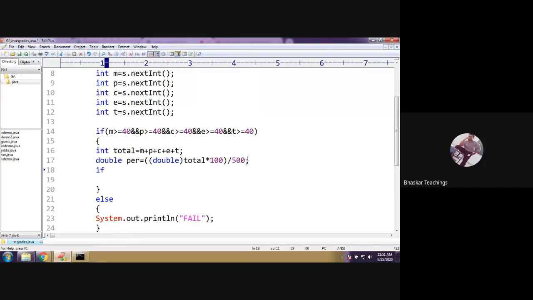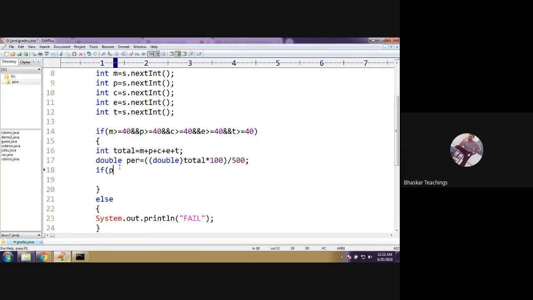If else if, because the conditions are: if he got more than 75, you should display distinction. If the percentage falls between 60 to 74, then he should be declared as first class. If he got between 50 to 60, he should be declared as second class, right? Like that. So multiple conditions, we need to go for if else if. This is a nested if inside an if, but this nested if is going to be if else if.